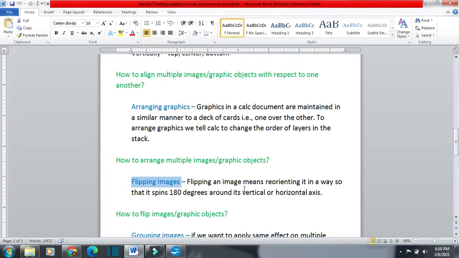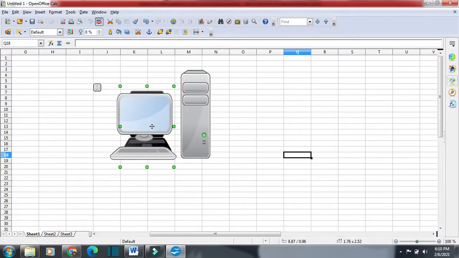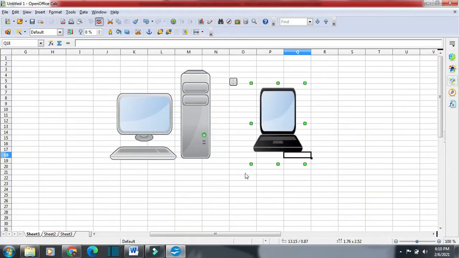Now the next option is flipping images. Flipping an image means reorienting the image in a way so that it spins 180 degree, either vertically or horizontally. So let us see this. What do you mean by flip? Suppose this one is my image and I want to flip this image 180 degree, either horizontally or vertically.